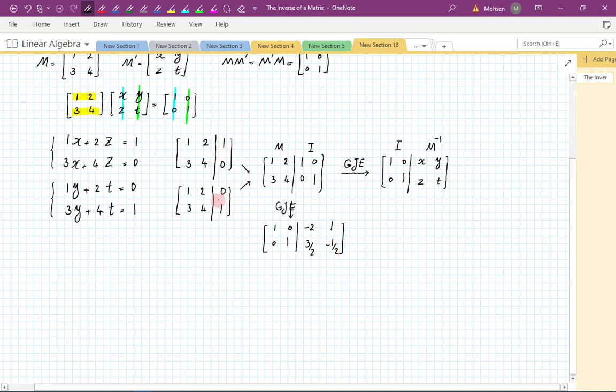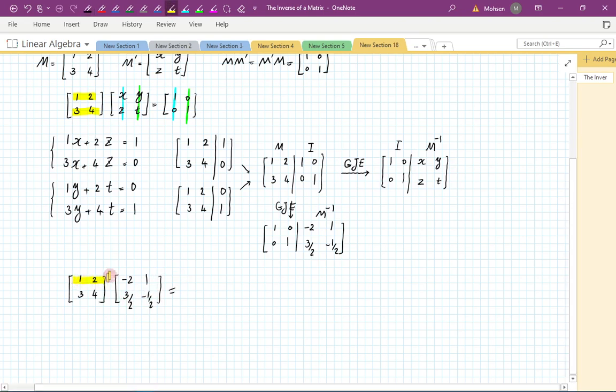But instead of treating them as 2 separate rounds and going to that software or doing it by hand two times, we are just economizing and doing all of it at the same time, and it looks much nicer, and the outcome is the inverse. So here's my inverse. Now again, what does it mean to have an inverse? It means the following: if I have the original and what I claim to be the inverse, minus 2, 1, 3 halves, minus a half,